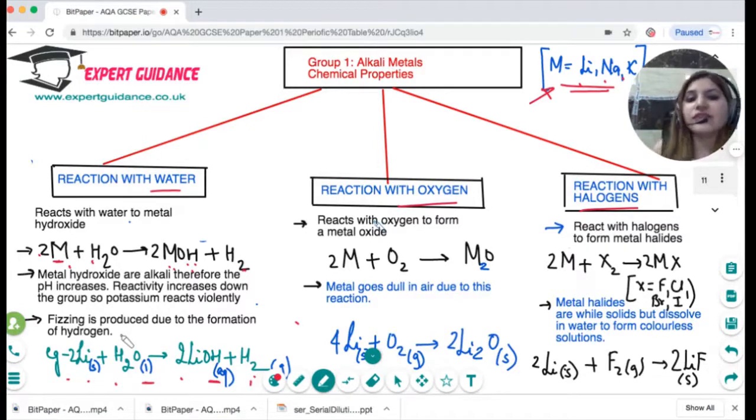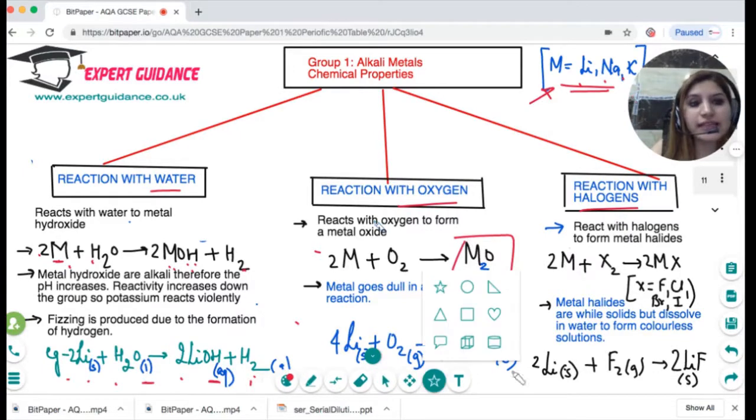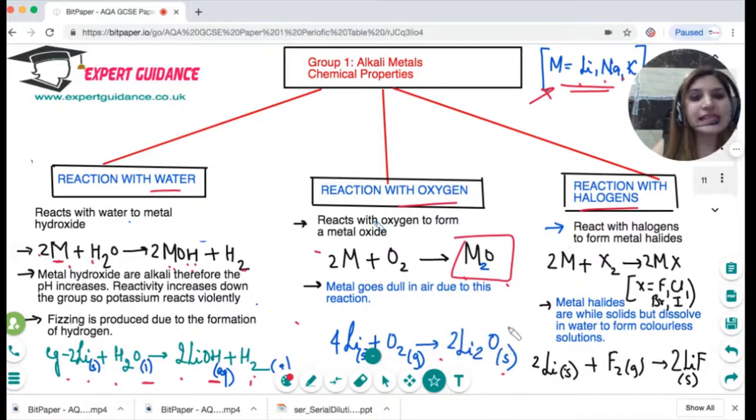When we see the reaction with oxygen, it forms metal oxides. And for the group 1 oxide, the formula is M2O. So lithium oxide is Li2O, sodium oxide is Na2O. We'll see in bonding how we determine the formulas of the ionic compound. But till then, you can just remember that group 1 oxides will be of the formula M2O. So lithium, which is a solid, reacts with oxygen, which is a gas, and it forms 2Li2O, which is a